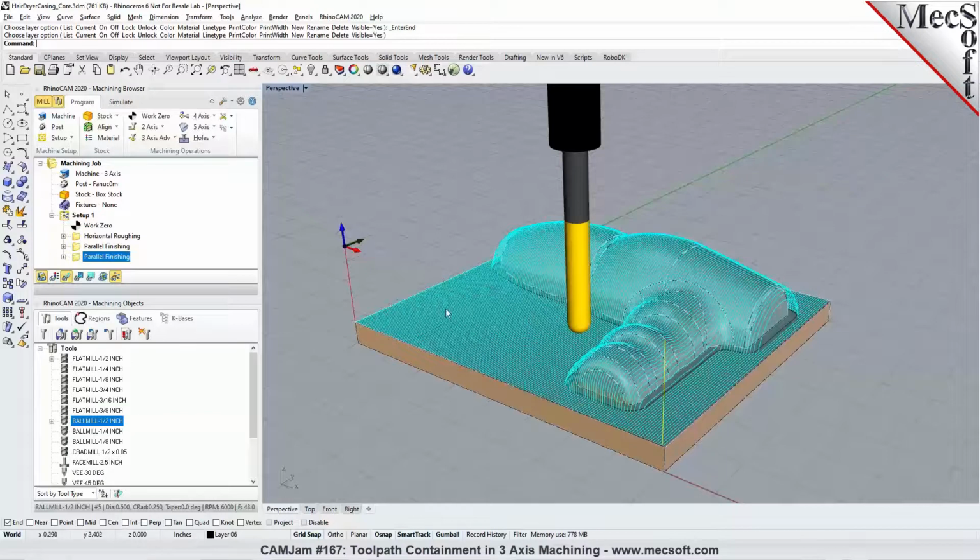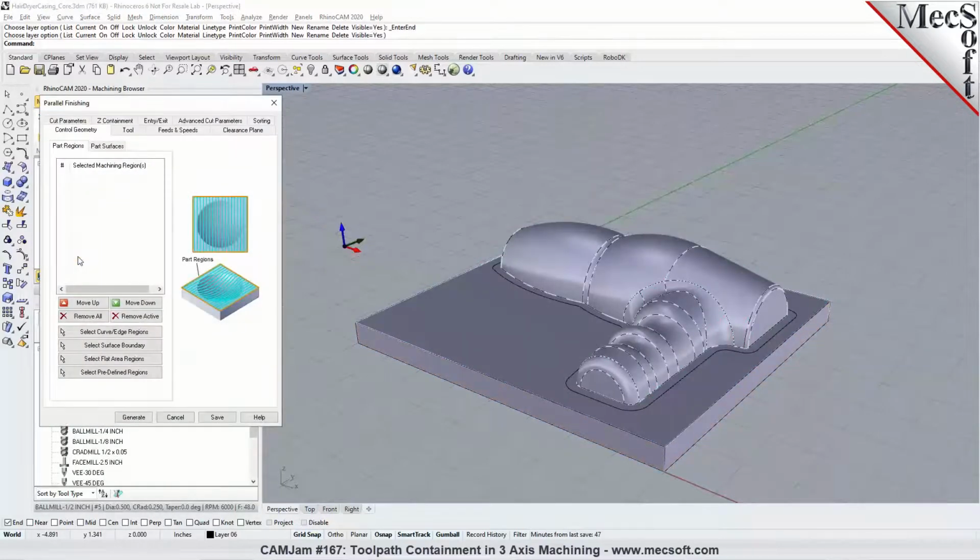So to exclude and only machine around the areas where you have freeform and sculpted surfaces, you could select a machining region. The machining region could be a closed curve, which you could select under part regions. It could be a surface boundary, where you pick a surface and then RhinoCam automatically extracts the edges, the boundary curves along the surface, or it could be selecting flat areas or even a predefined